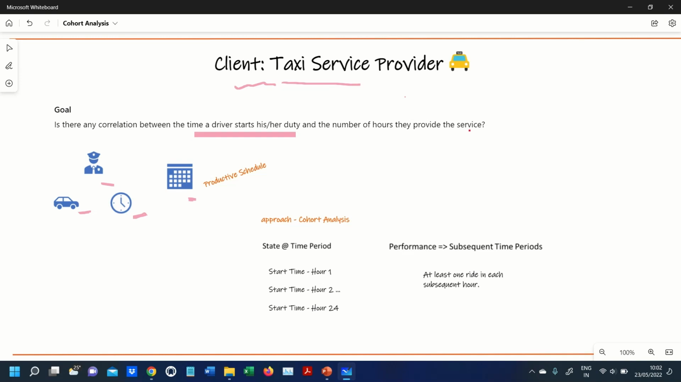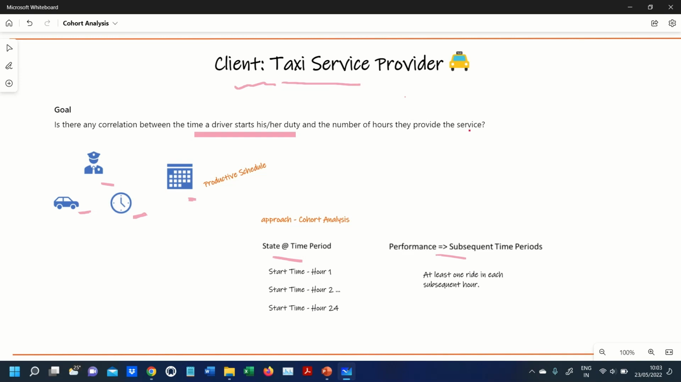If they come to know about that, then based upon that, the client wants to make more proactive schedules so that fleet management is done more accurately, and more taxis will be available to the passengers at peak hours, and also the flexibility is maintained for the driver. So there are many business relations involved here. Coming back to our definition, the state at the time period and the performance at the subsequent time period. So here